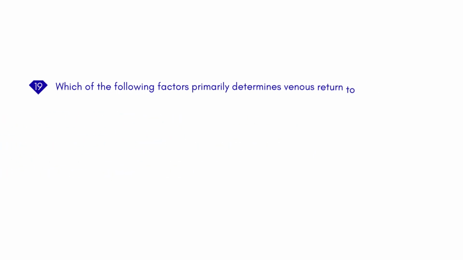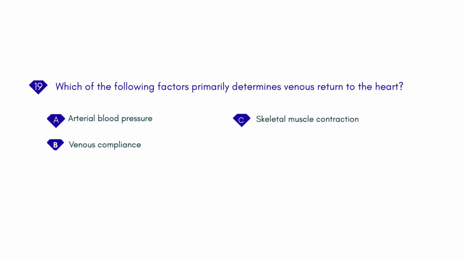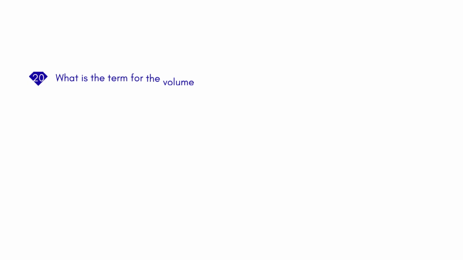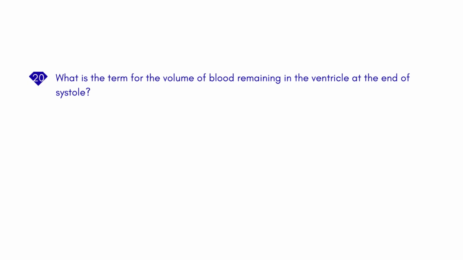Which of the following factors primarily determines venous return to the heart? A. Arterial blood pressure. B. Venous compliance. C. Skeletal muscle contraction. D. Respiratory pump. Answer C. Skeletal muscle contraction. What is the term for the volume of blood remaining in the ventricle at the end of